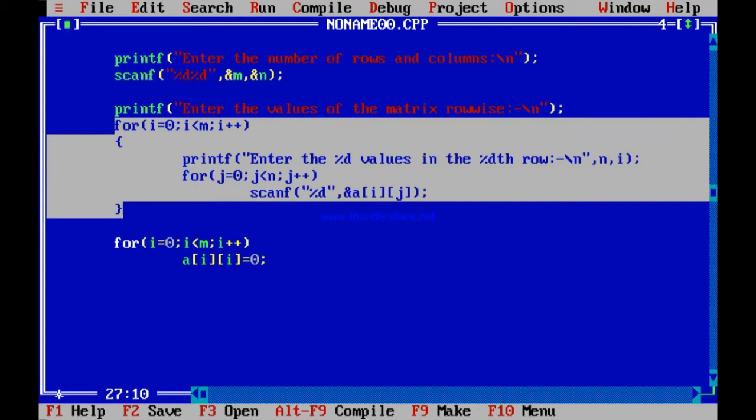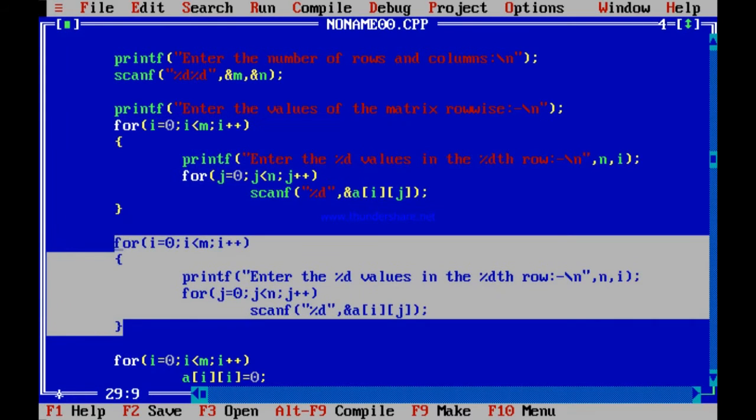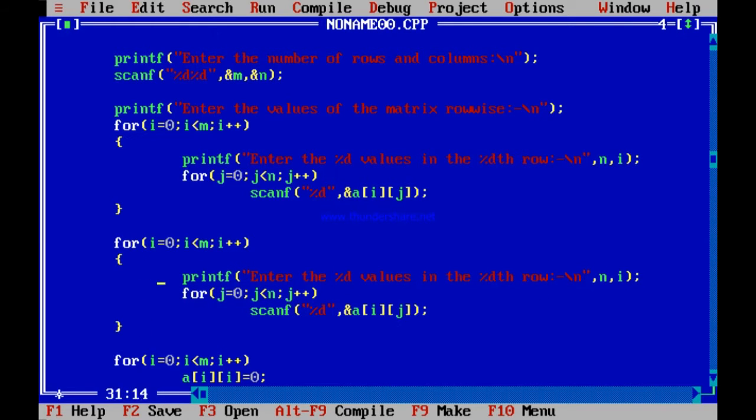Very simple. This part, I just copy and paste it for printing the array, so I don't need to type. Instead of scanf, this time there will be printf.